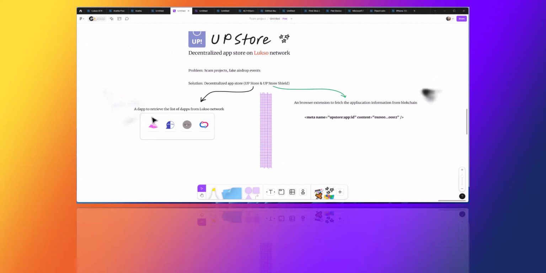Upstore is a dApp to retrieve the list of dApps from the Luxo network, and Upstore Shield is an extension to fetch the application information from the blockchain and show it in a web page. It could be a dApp. It works by adding just a meta tag inside the application, in the head. Let's start with